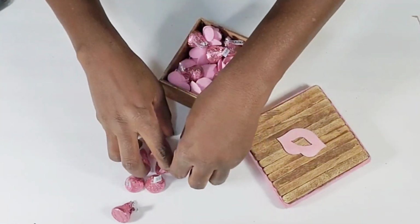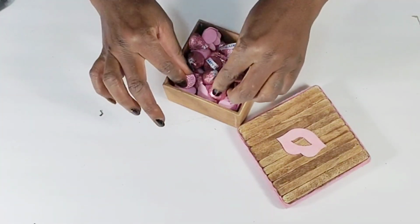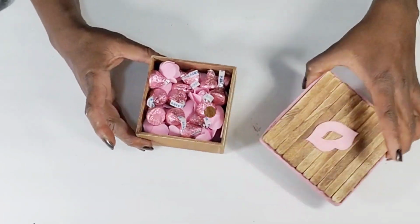I thought this would be a cute way to deliver some chocolates for Valentine's, and I absolutely love how this